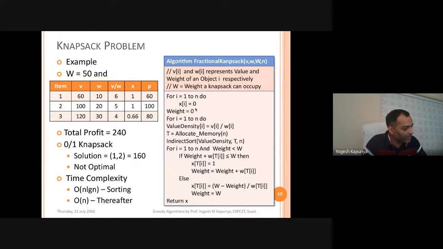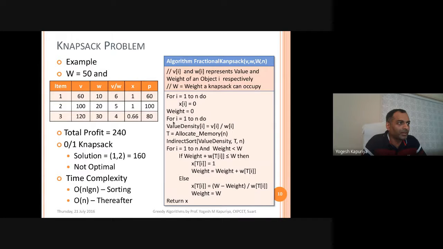Next is weight. This is used for keeping track of the current weight of the knapsack. Initially we make sure your knapsack is empty, so the current weight of the knapsack is 0, and x of i for every item is also 0.